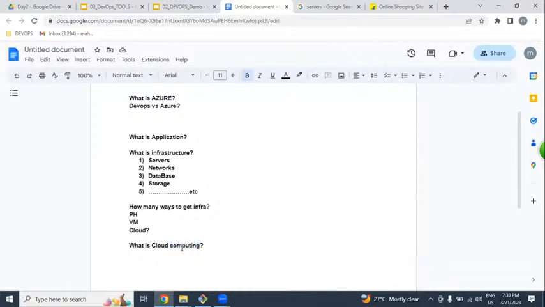So how exactly your laptop has computing power, if you can access the same kind of computing power over the internet from your laptop, that is nothing but cloud computing. Very simple words. But let us try to understand.